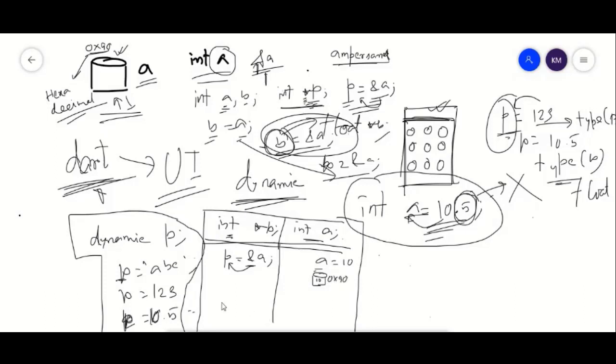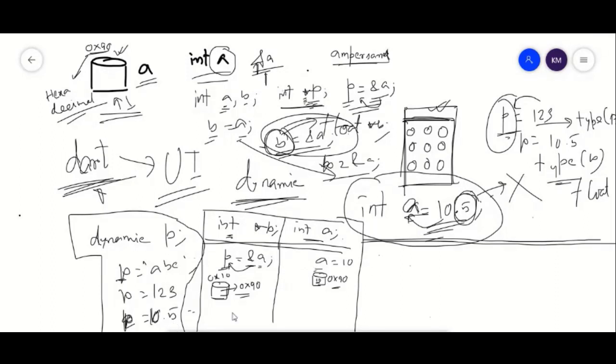Now if I come over here, P is also a variable, so it will also occupy some memory location, suppose 0x10 for example. But in A the value is 10, while for P the value will be 0x90. If you have the address of a particular person, you can easily access that person.